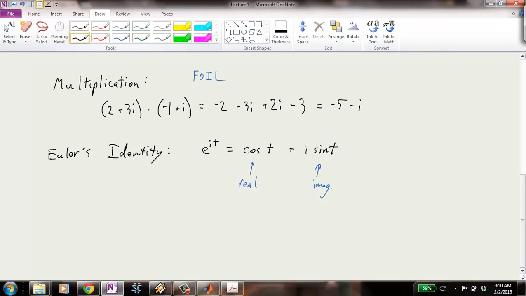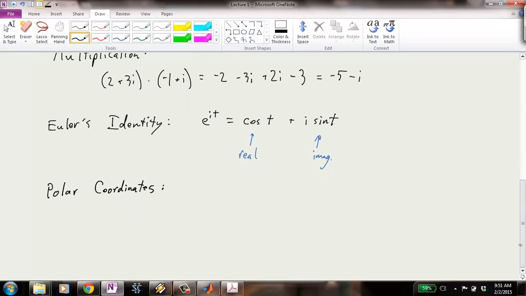And that's the last thing. Well, what do I want to do last? The last thing I'm going to do is just show what polar coordinates are for complex numbers. Any complex number can be written as a e to the i theta, where a is a positive number. That's the amplitude of the complex number, and